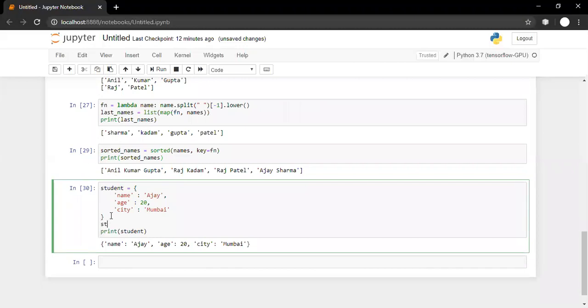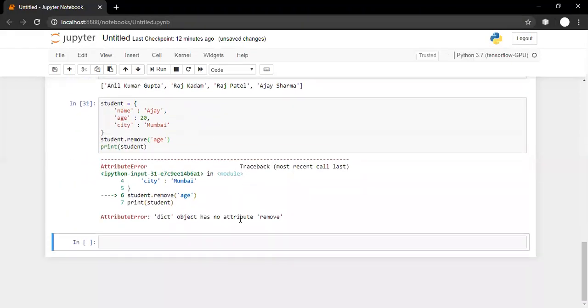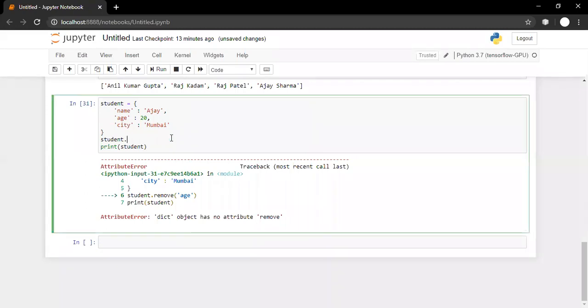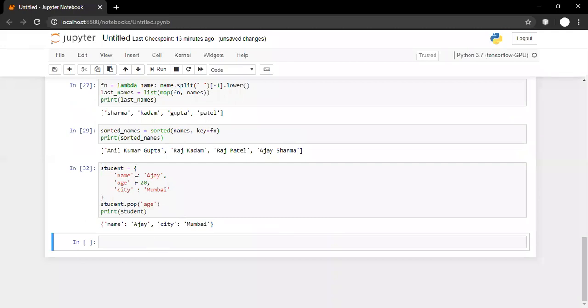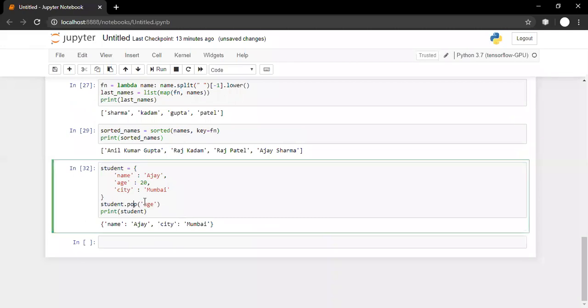One of the ways is student.pop. There is a pop method where you can pass the attribute name, and that field will be deleted. Now there is only age and city.